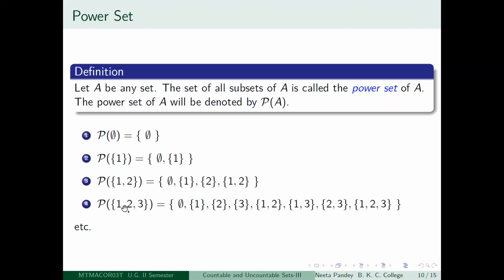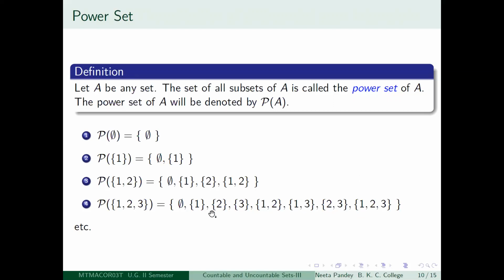How many subsets will have two elements? You have to choose two elements from three elements, so there are three choose two ways, which is exactly three ways. That is, you choose 1 and 2, then 1 and 3, then 2 and 3. So there are three ways you can choose two elements from three, and those three ways tell you that there are three subsets of {1, 2, 3} containing exactly two elements. And apart from that, there is only one more subset possible, which is the whole set itself.